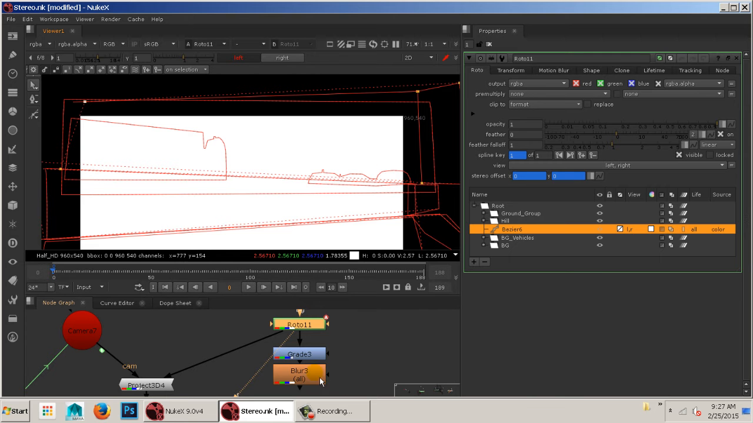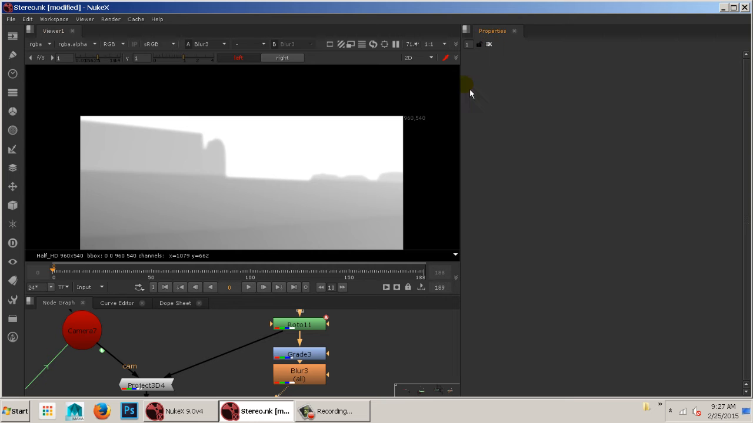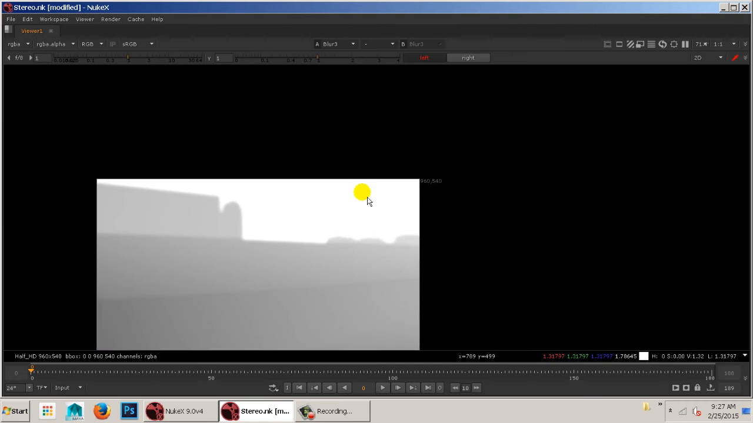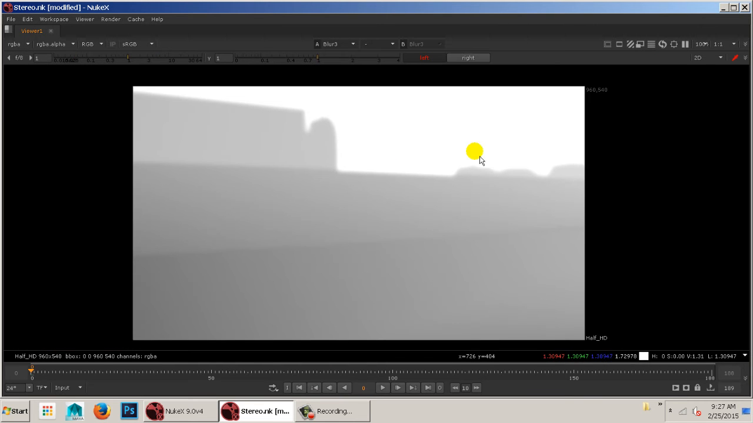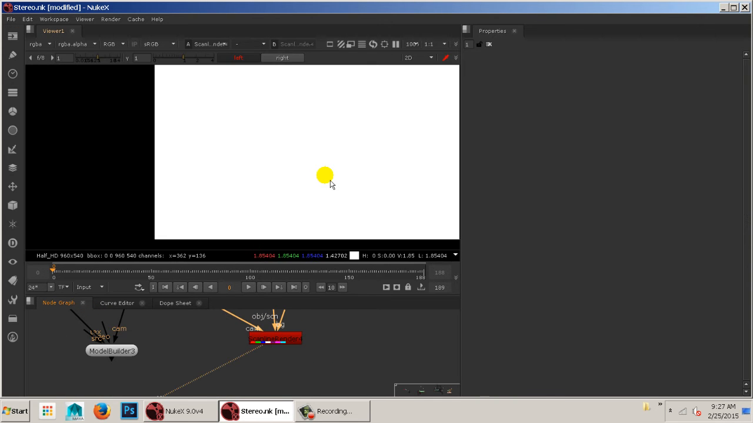All right, so let's look at the blur again. And you can see it's a pretty nice shape that we're dealing with here. We can see where the ground is, we can see where this is, we can see where that is, and we can see where these things are here. Okay? And then if I go back to my scanline render,